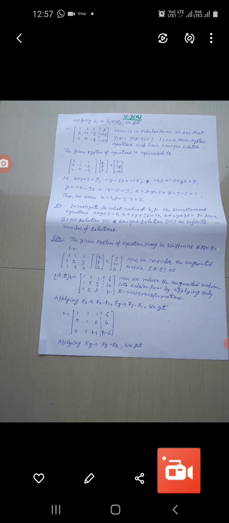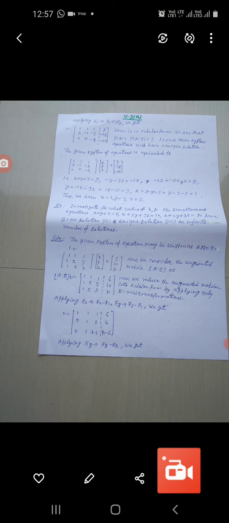Now we reduce the augmented matrix into echelon form by applying only elementary row transformations. So we apply R2 as R2 minus R1, R3 as R3 minus R1,